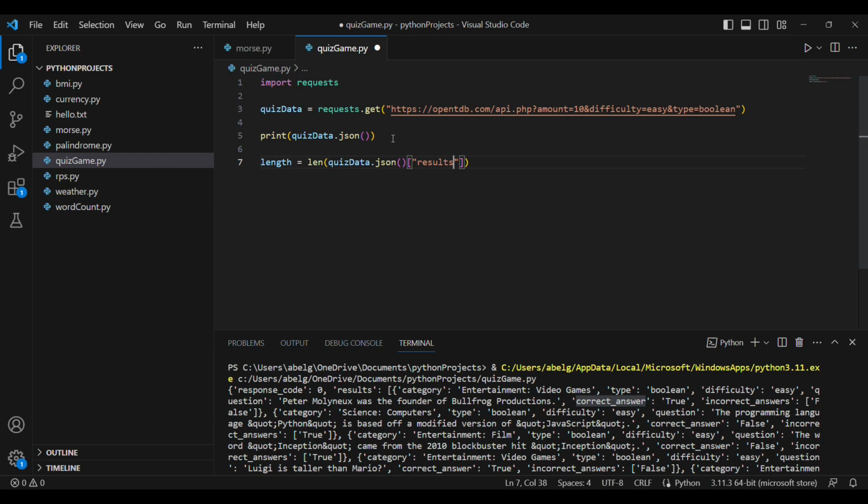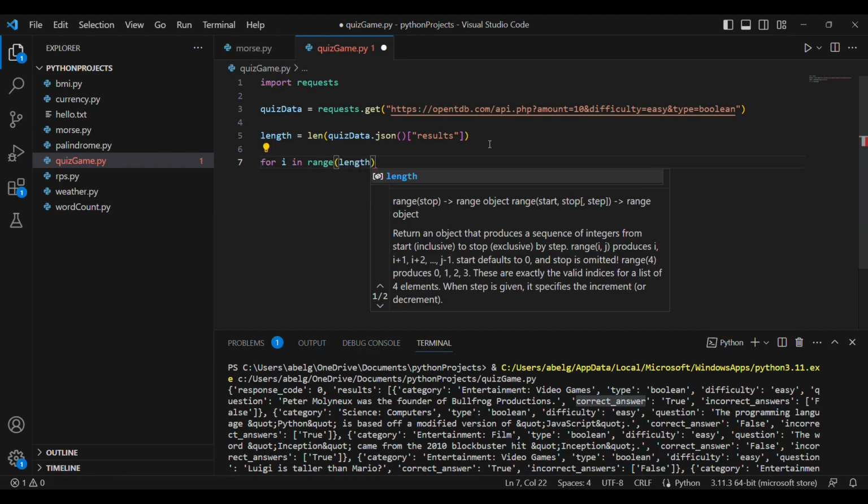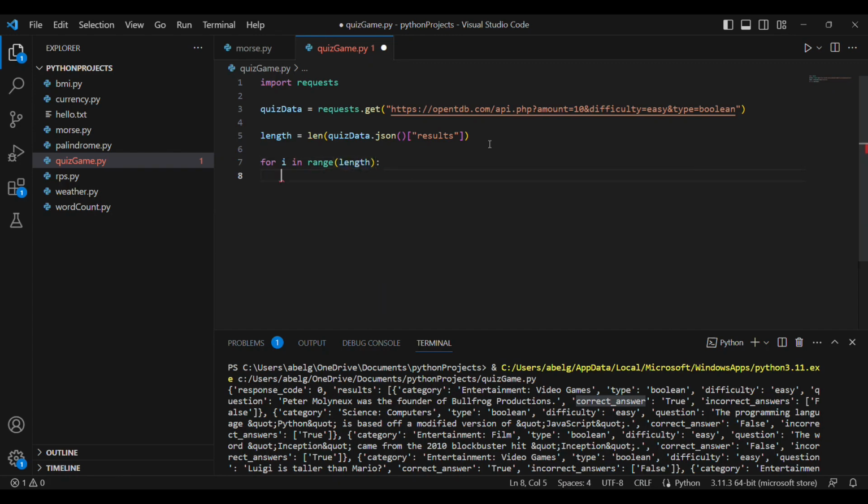So inside the results key, it's going to be a list, and the length of this list is going to be equal to the number of questions we have. And we can get rid of the print statement because we don't need to print it anymore. Then once we have our length, now we can start our for loop. So we're going to say for i in range(length). So this is going to run 10 times.